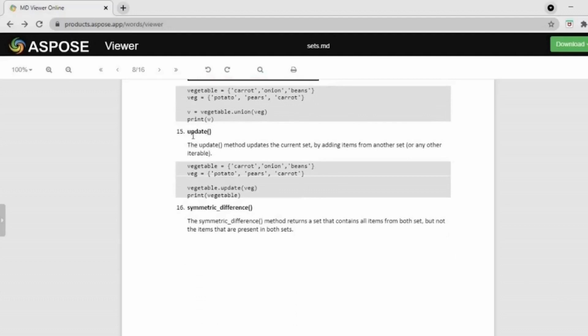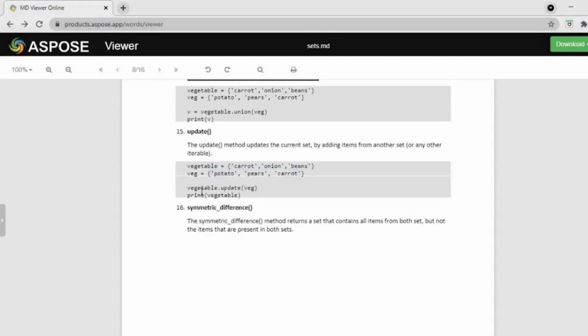Update method updates the current set by adding items from another set. That is, if we give vegetable.update of veg, then all these three values are added to the original vegetable set.